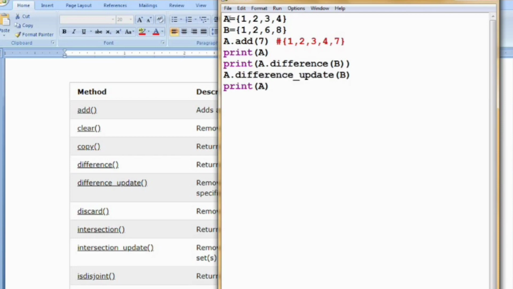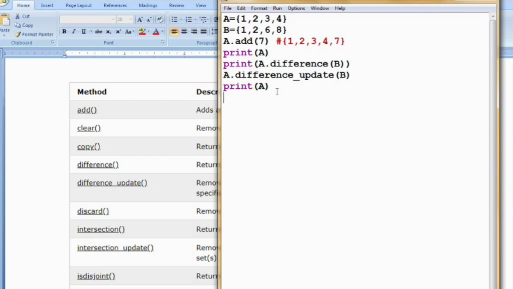What we get from the A and B difference operation will be overwritten in set A. That is the use of this update function. That is the difference between these two. The single difference will not bring any changes to set A or set B, but the difference update will update these elements in set A.